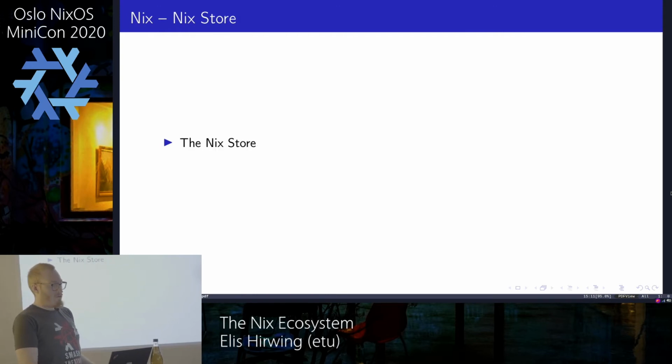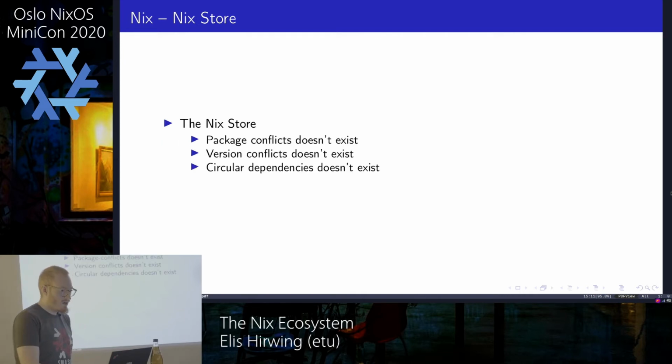And part of the build and how we achieve this is by using the Nix store. The Nix store is very special because we store all the packages side by side in separate directories. And with the Nix store, we can avoid certain problems that exist in most other systems, such as the following ones.